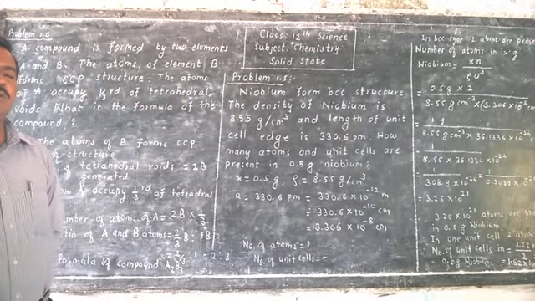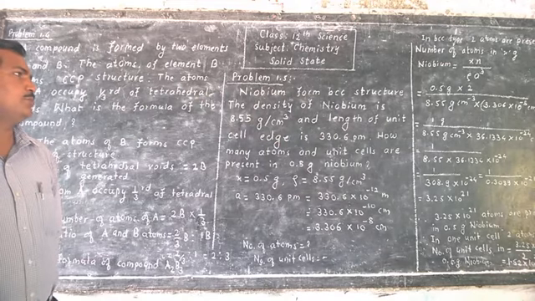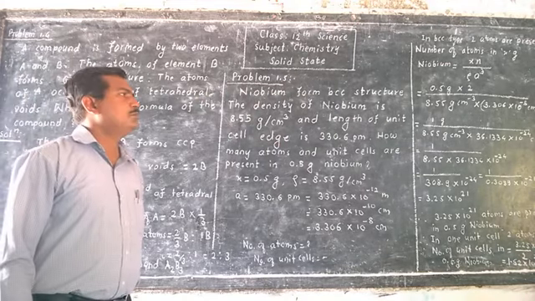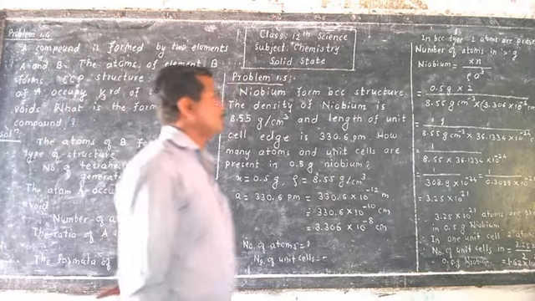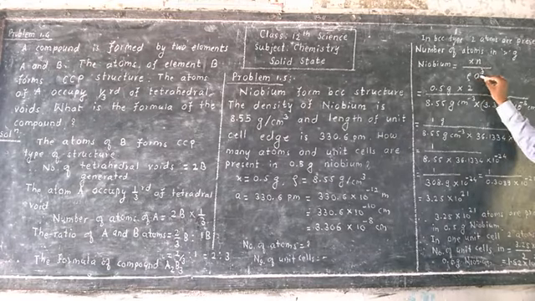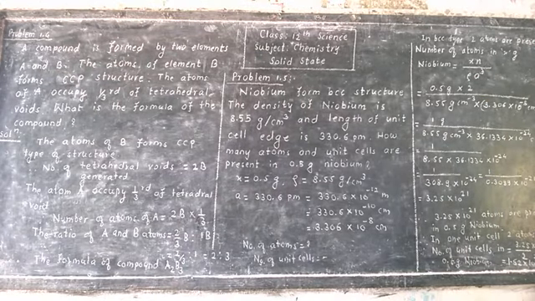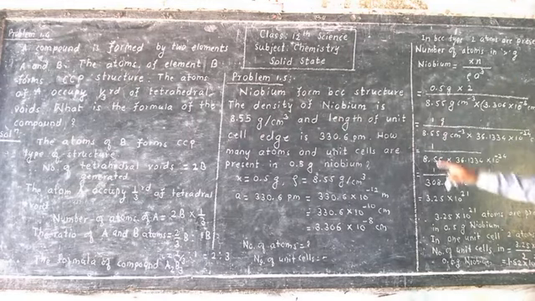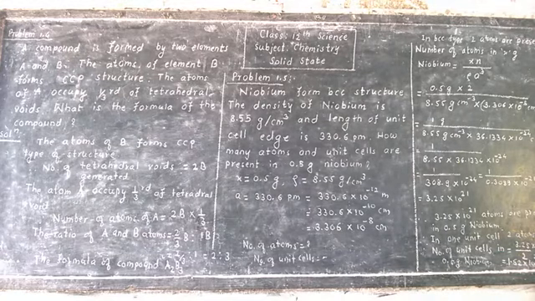So in this way we have found the number of unit cells. Or we can find it using the formula X upon rho into a cube. From the type of structure we directly find the number of unit cells in 0.5 gram of niobium, by dividing by 2, we get the answer. Thank you.